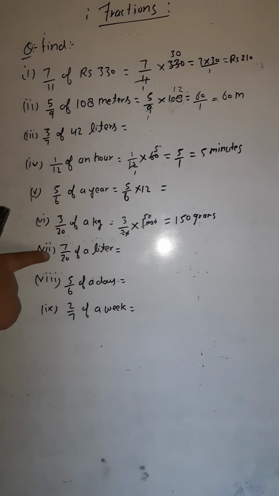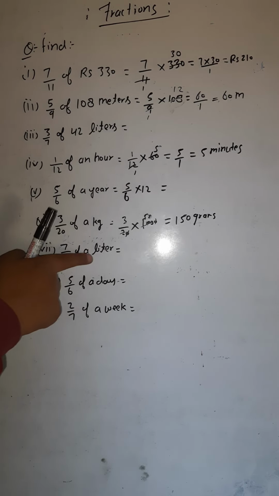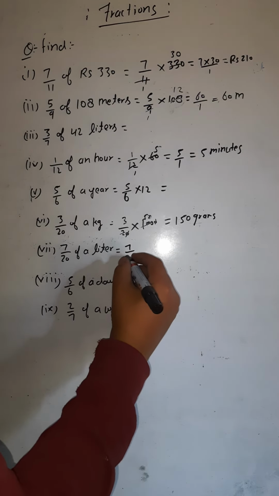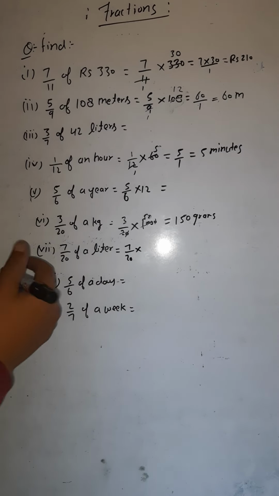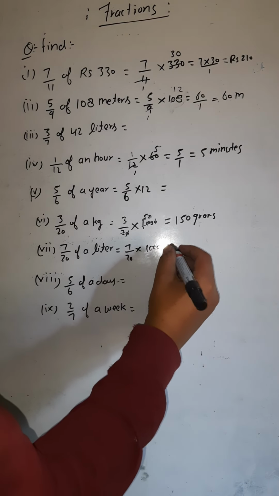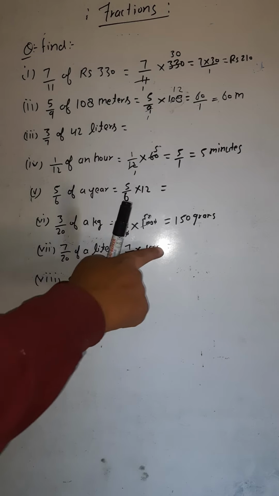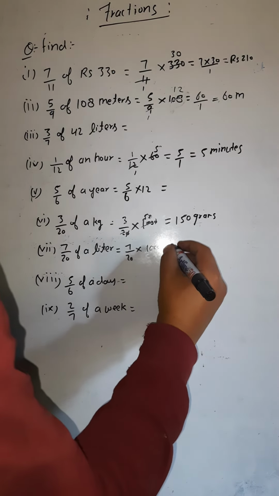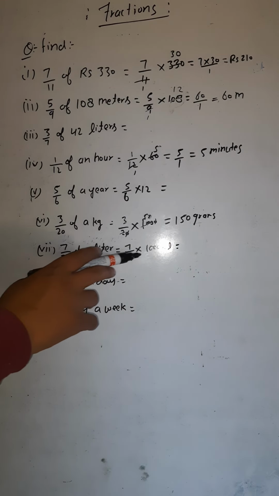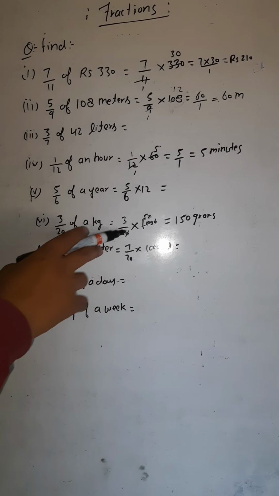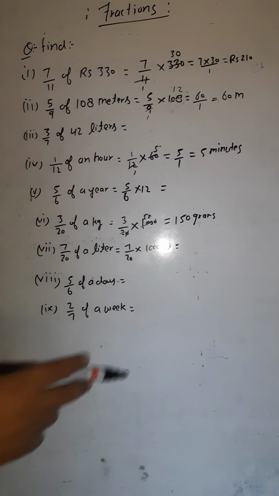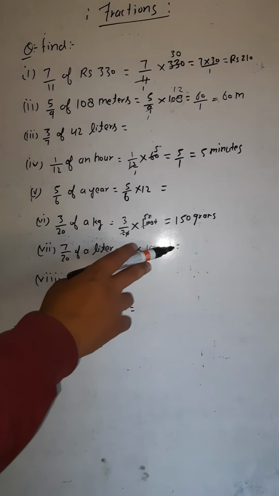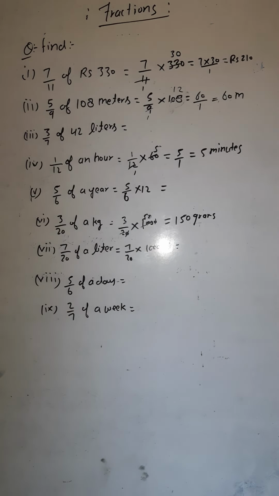Okay. Similarly here also, 7 by 20 of a liter. In 1 liter there are 1000 milliliters, so I would change it into milliliters. So I would write it like this: 7 by 20 multiply 1000 ml. The answer again would be in ml. If you are cutting this 1000 by 20, I think 50 times like in the previous one, so you can cut 50 times here also. Then after multiplying, the answer which you would be getting would be in milliliter, means at the last you would write ml.